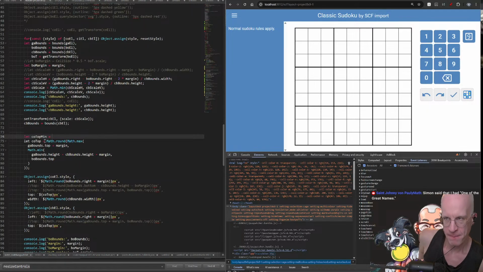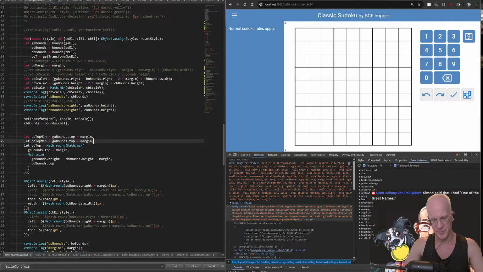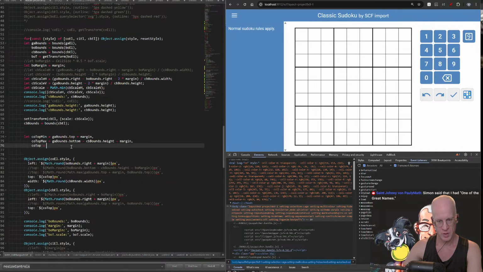So the minimum is gonna be the top of our thingamajig plus the margin, right? So it's this plus margin. That's the minimum. The max is the bottom minus height minus margin, and then the actual value that we want to use is going to be